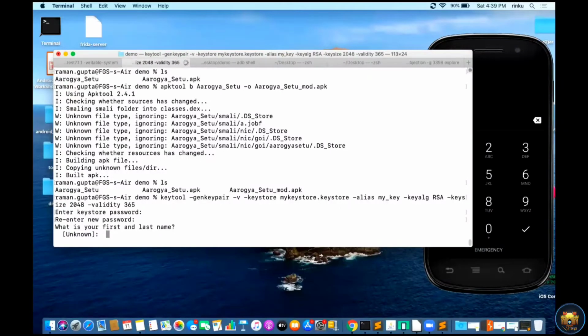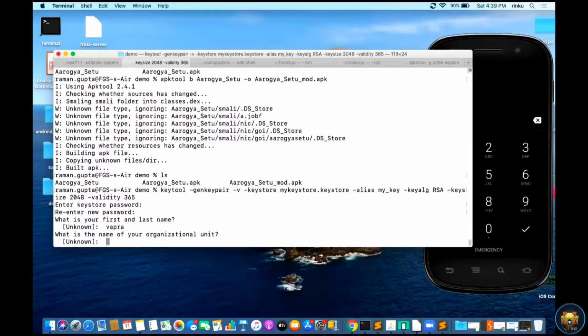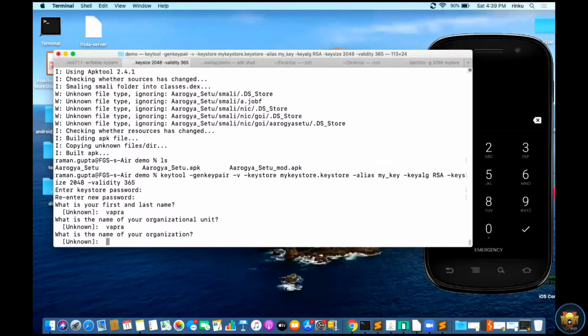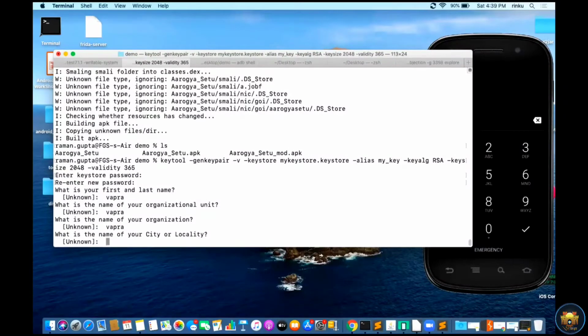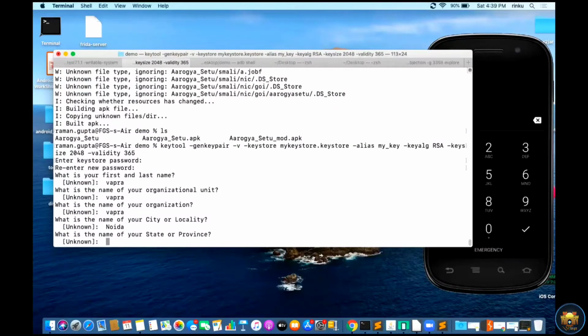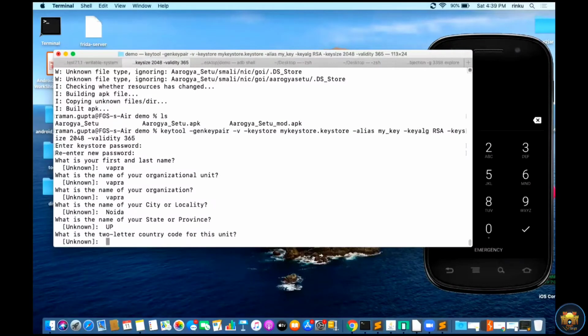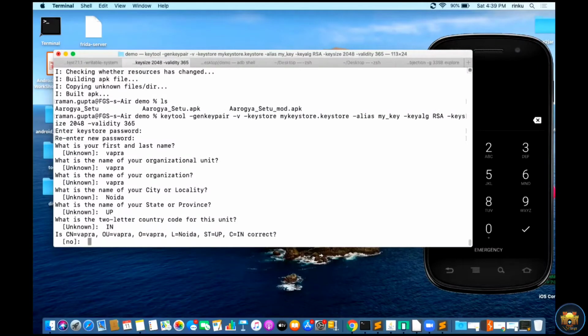After that, it asks for your first name, last name. You can give anything. I am giving Vapra. Organization, I am giving Vapra. City, I am giving Noida. State, UP. Country code, India.